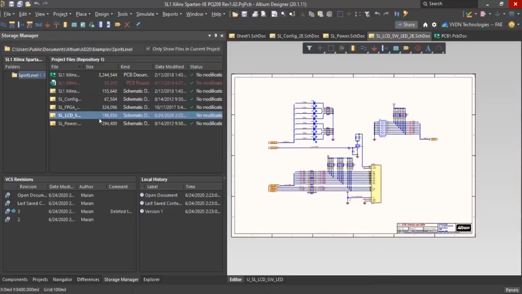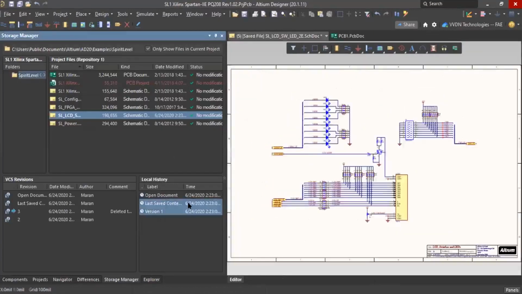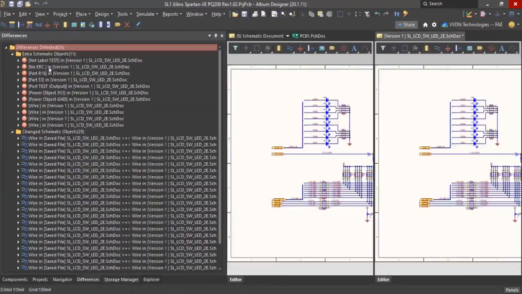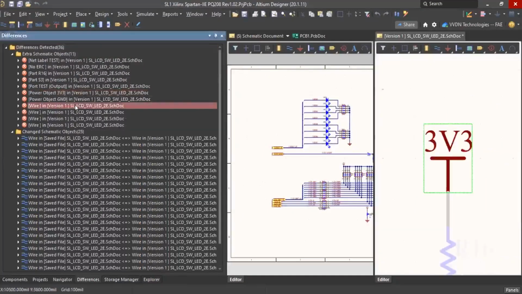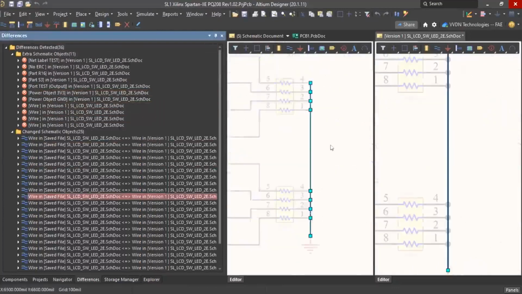I'll check it in the latest one. Yes, like this it will display the differences, what has been implemented, and it will highlight the changes.